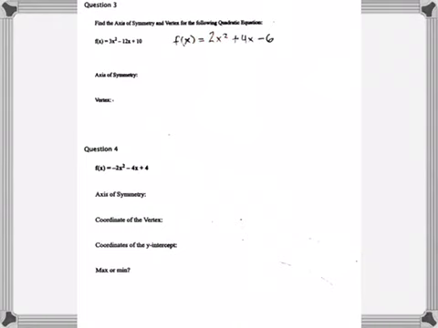So for the next two problems here, we have problems where we're talking about finding the axis of symmetry, vertex, or any other key points for a quadratic equation. So for this one, we're going to use the quadratic equation f of x equals 2x squared plus 4x minus